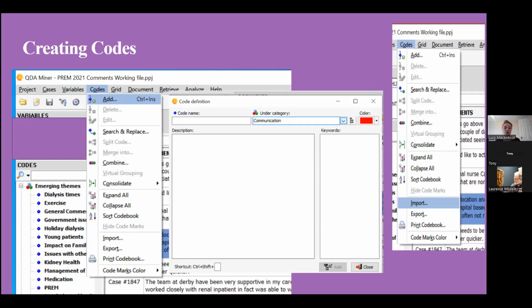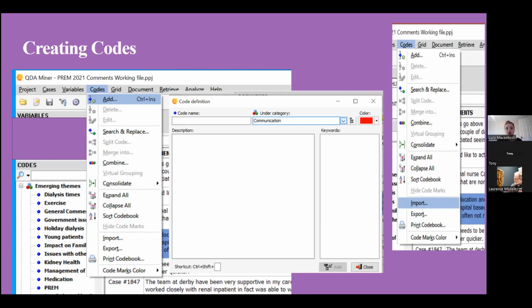So you can have your comprehensive coding structure set up from the beginning, or you can just add codes and then add categories afterwards. You can create shortcuts. If there are codes you know are going to be repetitive, so if you're doing deductive coding, you can copy and paste and make shortcuts for codes to make it easier that way.